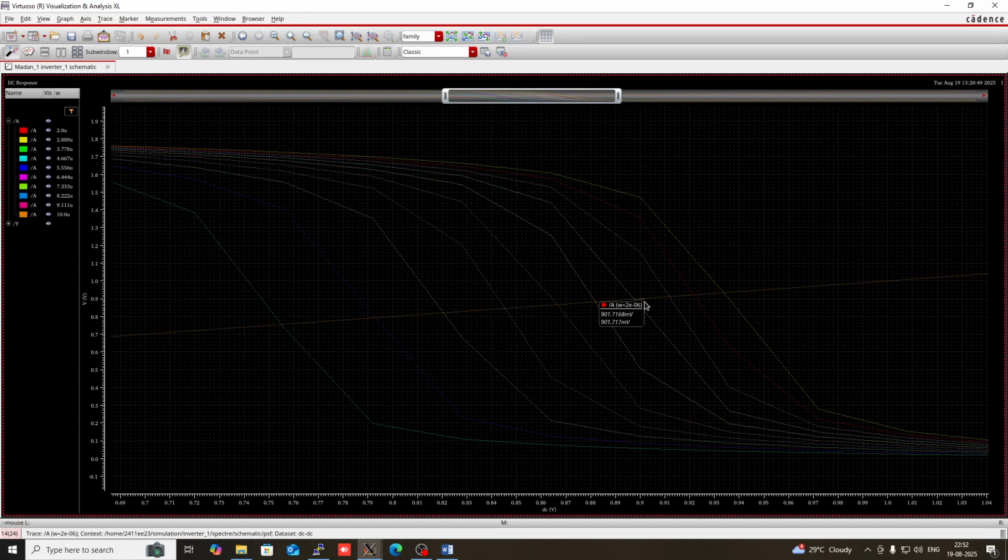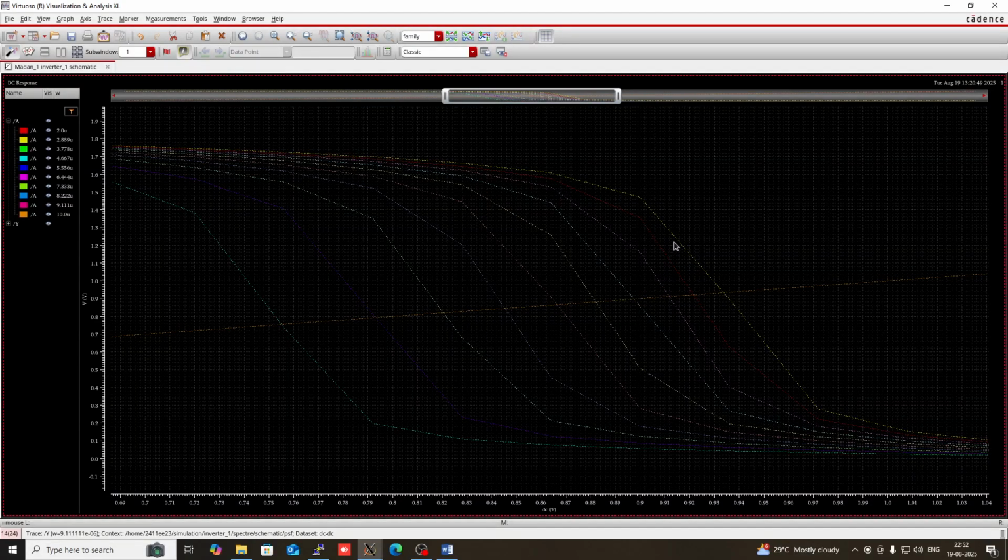So when it is aligned with this, that width should be set as the width of the PMOS, and it will give the equalized noise margin NML and NMH. Okay,